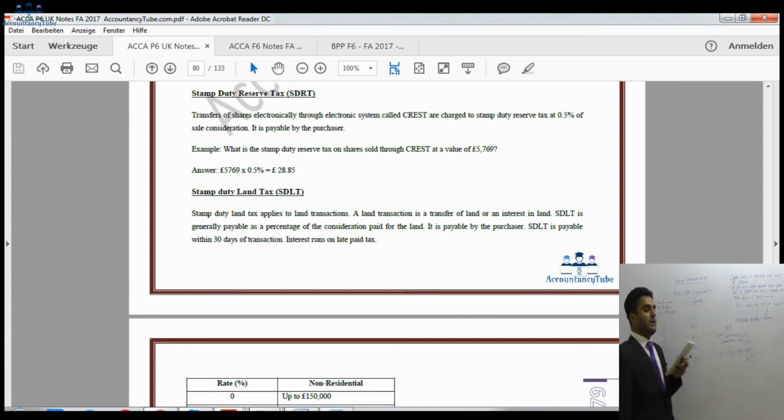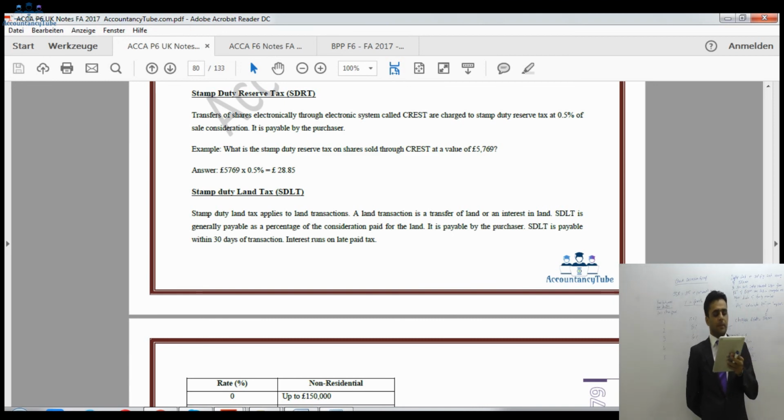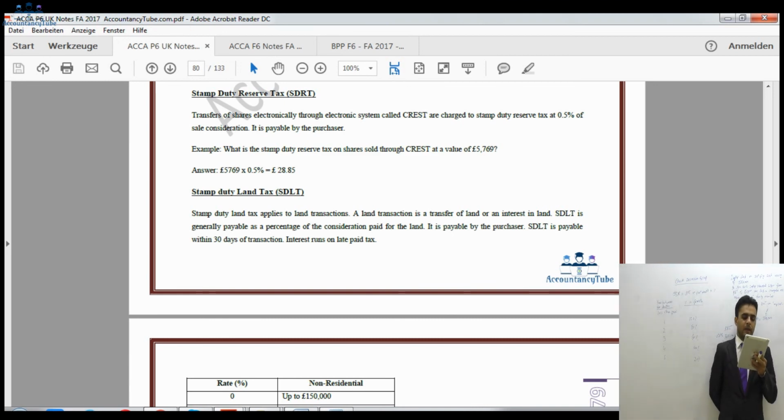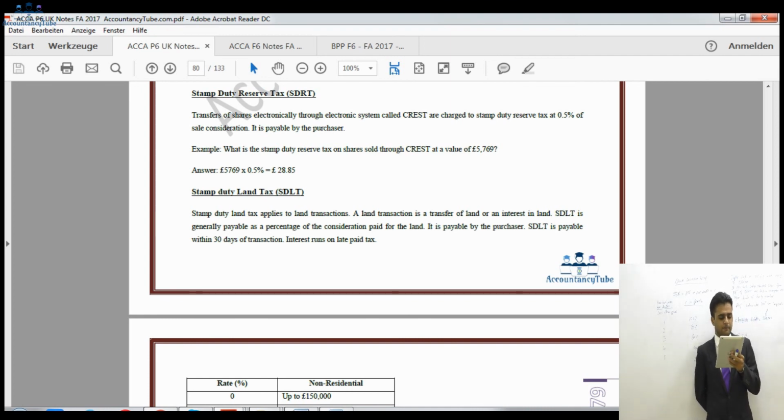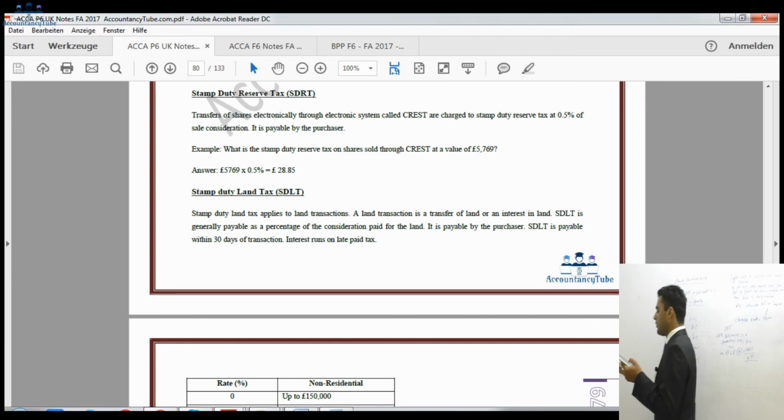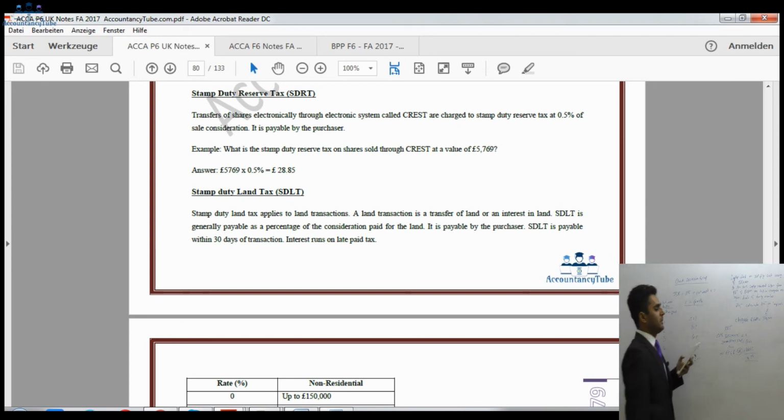After that, it is stamp duty land tax. Now stamp duty land tax applies to land transactions. The transaction is a transfer of land or an interest in land, so it's generally payable as a percentage of the consideration paid for the land. It is payable by the purchaser and it is paid within 30 days of the transaction. However, if you are late, then interest will be paid. Now the rates on non-residential and residential property are different, and the stamp duty land tax will be calculated according to the bands which are given here. So these are basically the bands. The tax will be calculated exactly